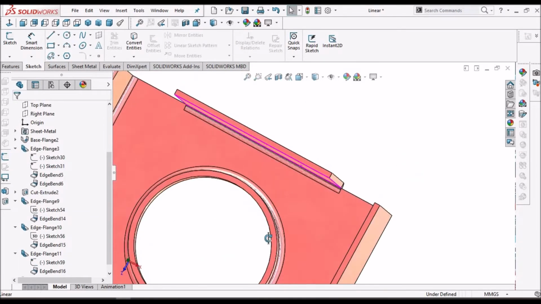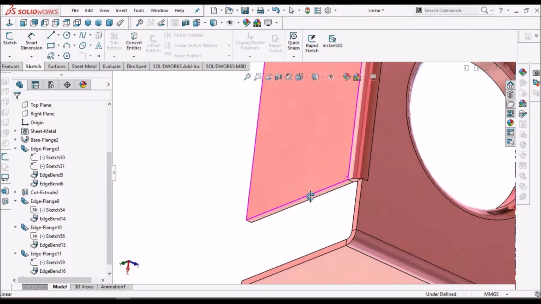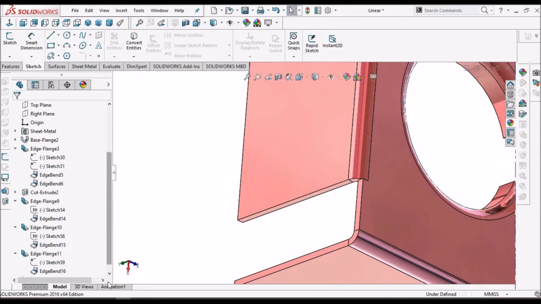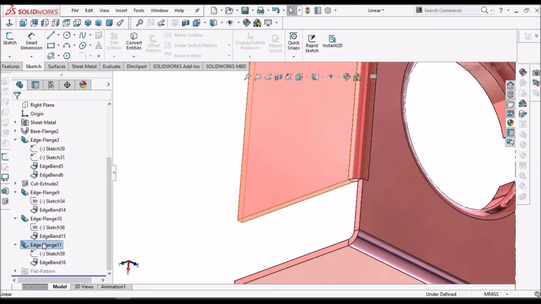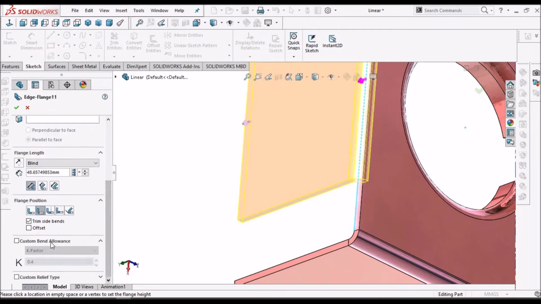So when the sheet is very thin, then we don't have to give any relief. So simply we can show the tear option.